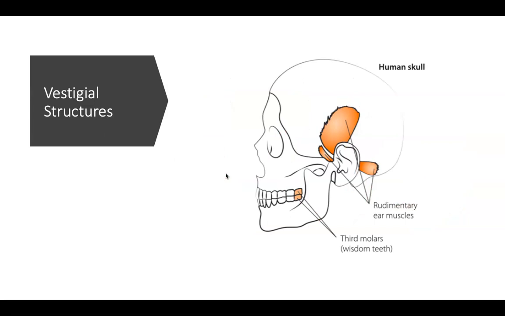Vestigial structures are another example of evidence for evolution. Vestigial structures are things that organisms still have, even if they don't really need them or use them anymore. In humans, we've got some rudimentary ear muscles that allow our ears to move, even though they don't move anywhere near as much as, say, dogs or cats that use that for positioning prey. Things like our appendix and our tailbone are vestigial structures, signs that we've evolved from something in the past, but we still have these remnants of things that were useful with our common ancestor.